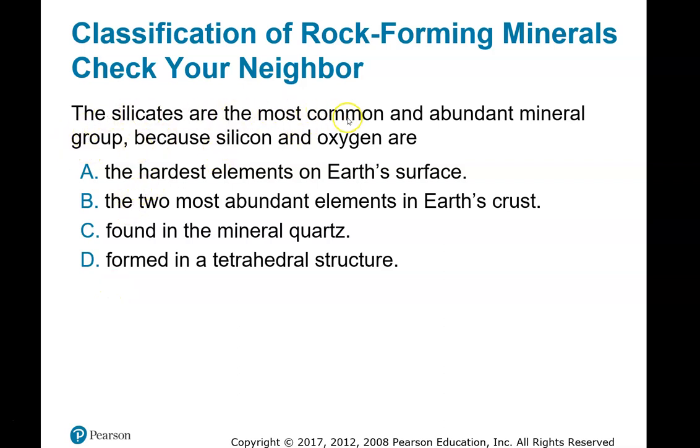All right, so here's a nice question. The silicates are the most common and abundant mineral groups. We know that already. It's like almost 90%. Because silicon and oxygen are, well, let's look at that. They're the hardest elements. No. We'll come back to B in just a second. They're found in the mineral quartz. I mean, that's true, but that's not why. They form in a tetrahedral